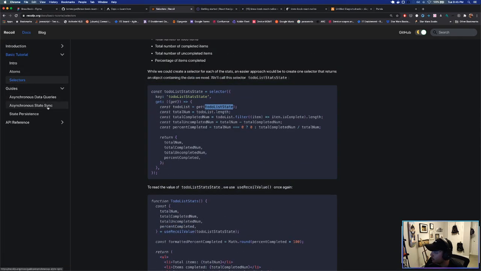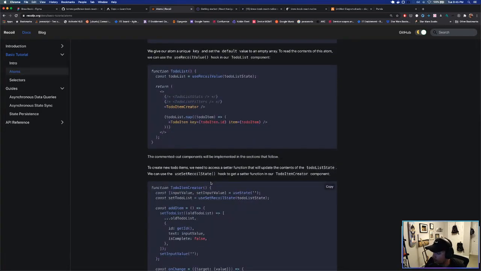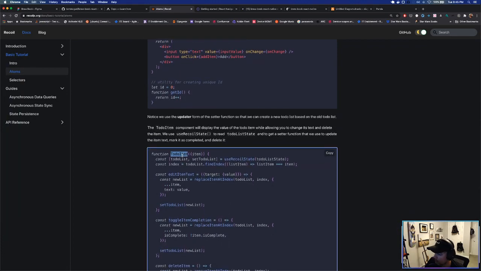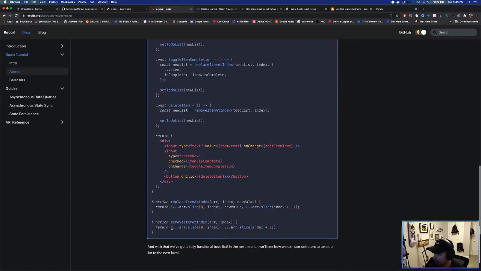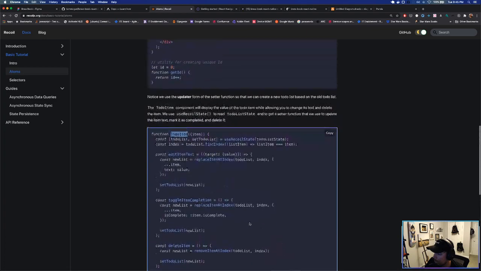Guys, let's go here really quick. Actually, let's look at atoms for a second, because this is what we're dealing with, a bunch of atoms. So to-do list item, this is an example where they're using a to-do list item. This is kind of what we had before, where they're doing like the splicing and removing stuff. It's not really dynamic at this point, but I know we can do this because it was in the video. So we're gonna